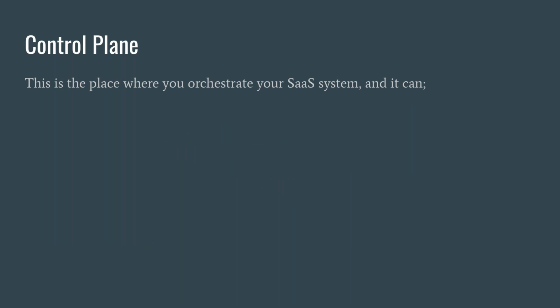When we say control plane, it is the place where you orchestrate your SaaS system, right? For example, you are providing some kind of technology to the customer. You have a control plane on this. The first capability of this plane is to do a business validation before creating an actual resource on Kubernetes. So what is this actually? You have a SaaS service, and you have customers, right? They just want to subscribe to your system. There can be different kinds of subscriptions. Based on their plan, you create different kinds of resources, different kinds of clusters.